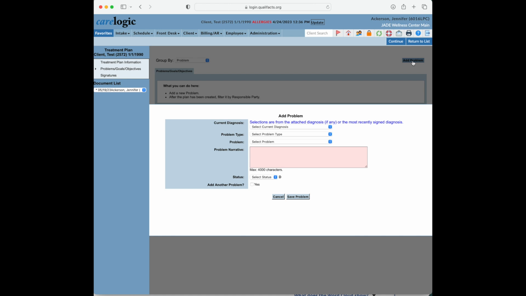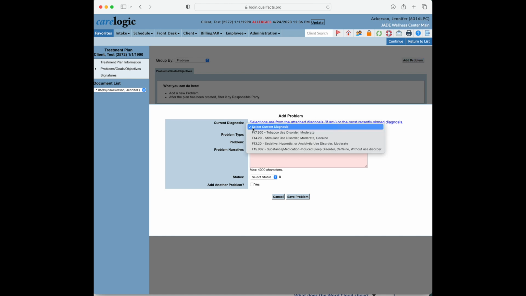But once you really get started doing it and seeing it all in action, I think it's going to make a lot of sense. So when we're adding a problem, we need to first select their primary diagnosis or their current diagnosis, or the one that we're really creating these goals around. So for this client right here, he's got a tobacco use disorder, a stimulant use disorder. He's been using cocaine. It looks like maybe there's a benzo use disorder in here. Maybe he's been using Xanax or Valium. And then there's also something going on here with caffeine. We don't see this one too